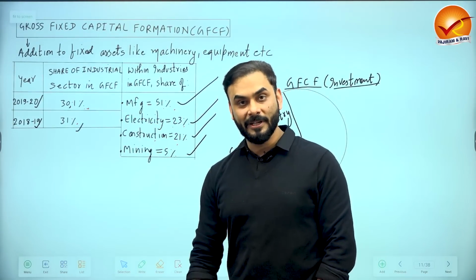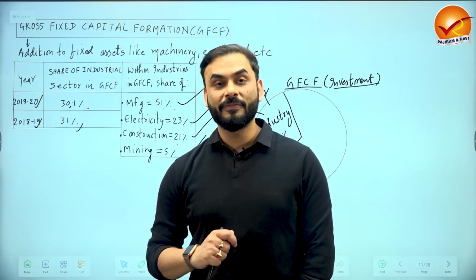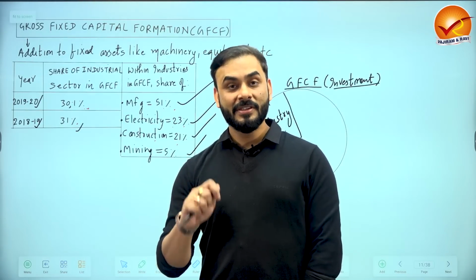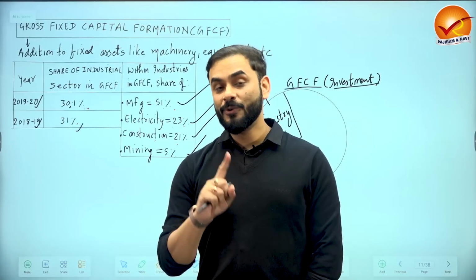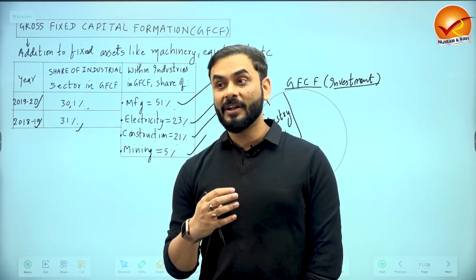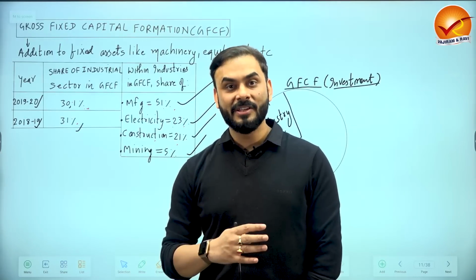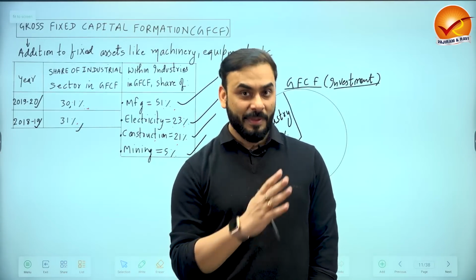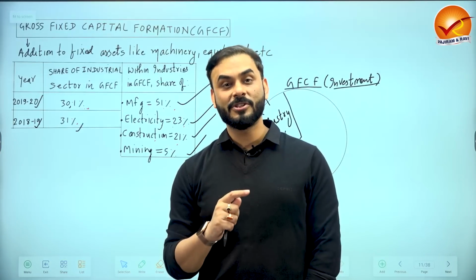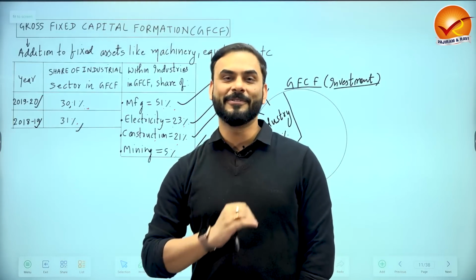Why is it coming down, by the way? Whenever the government takes a lot of time to give clearances, if basic infrastructure is missing, if there are governance related issues, if our industries are finding it very difficult to take loans from banks because banks are suffering from NPA problem, suppose there is some crisis in the banking. Because of these things, investment level in the economy is coming down. All right.